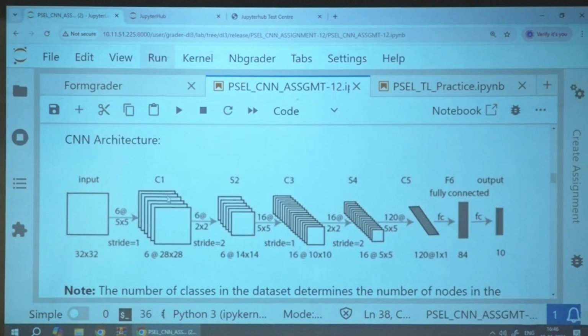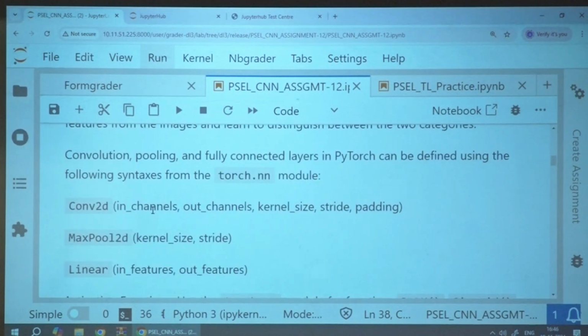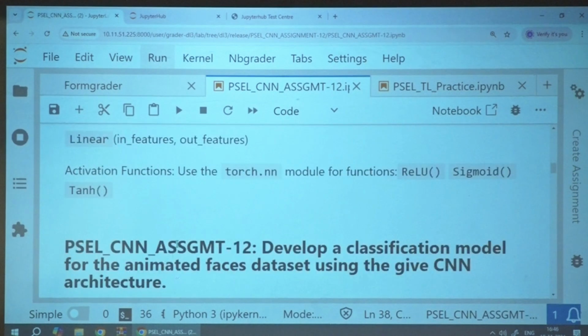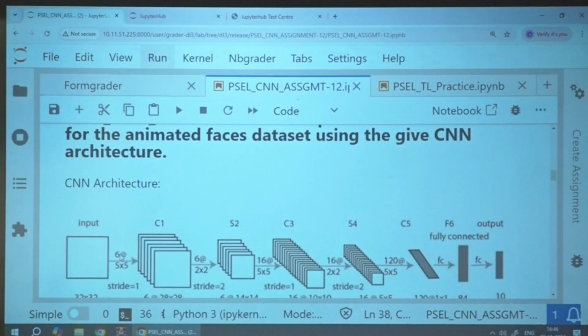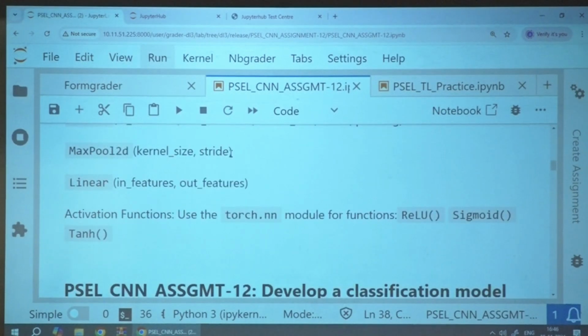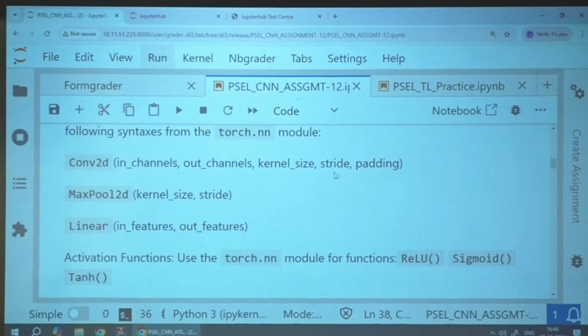So you have to define the first convolution layer. Take the same variable name C1. What is the structure? Input channels for the first convolution is 3, since it is a color image, as we have seen. And output channels, how many did I mention? 6. Kernel size 5. And next, striding 1, padding 0. This is how you define the first convolution C1.